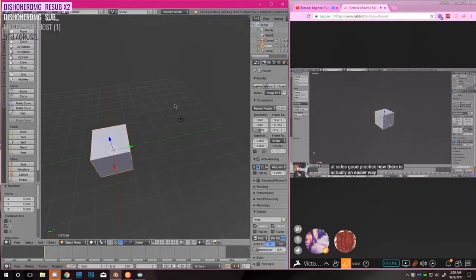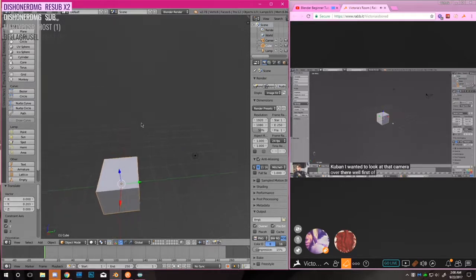Now there is actually an easier way. Don't think you have to do that for everything, it's stupid. So say I was on this cube and I wanted to look at it over there. Well, first of all, I would